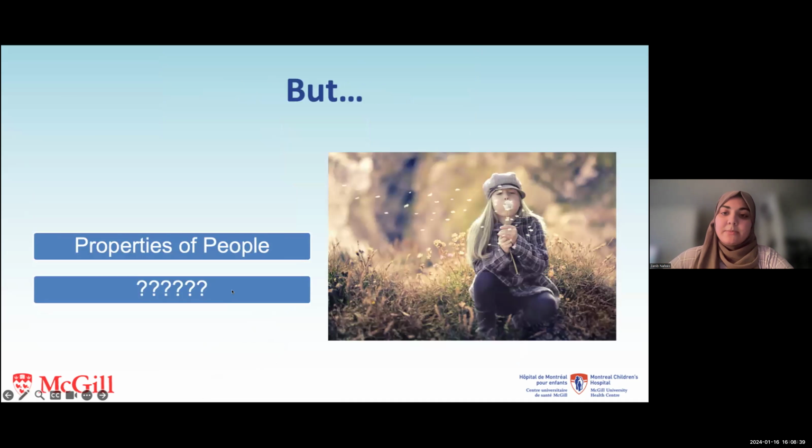But what about properties of people? People, like objects, have various properties that fall into different categories, making human nature complex. Physical properties cover things like height, weight, age, and biology. Psychological properties involve thinking, personality, and emotions. Social properties include interactions, relationships, and societal roles. The cultural background, values, and beliefs also make individuals unique.